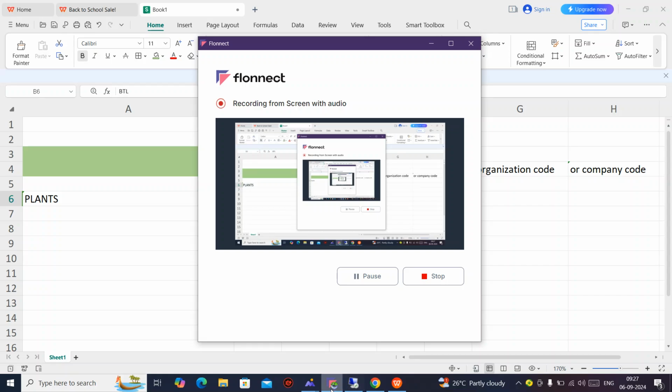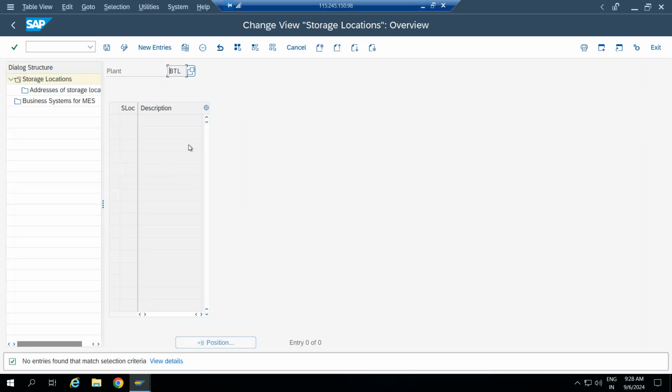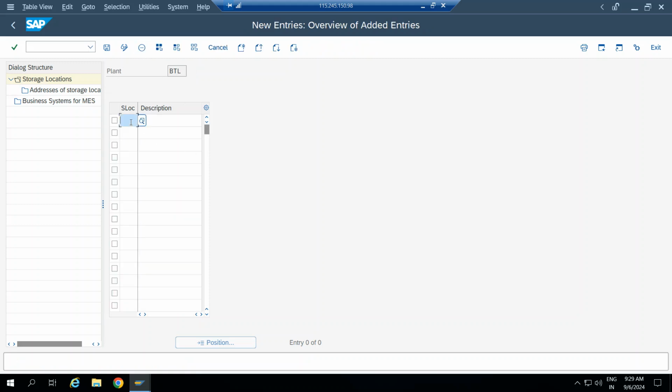So simply write BTL over here, and this screen appears, and new entries. So my first will be under BTL. I will be making 001, and I will be naming it as